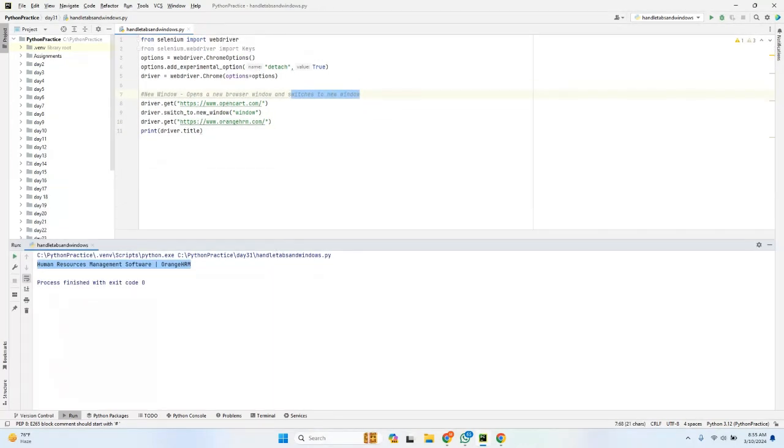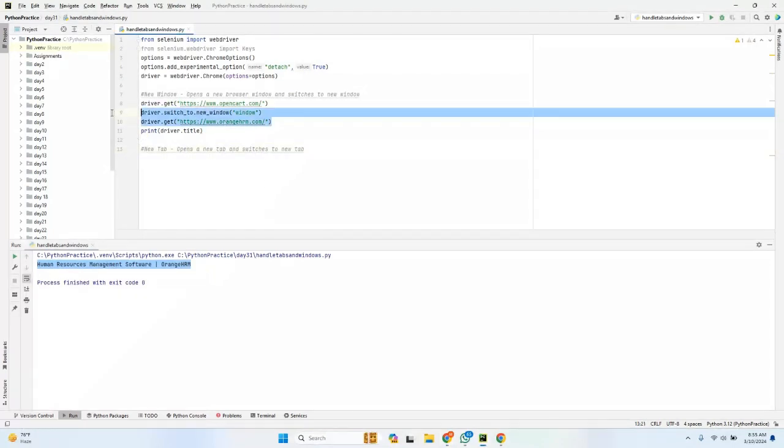Another important thing which I can do. Up to now, we have seen opening a new browser window in another browser window. But right now the requirement is opening a new tab in the same browser window and switching to that new tab. How can you switch? As here,